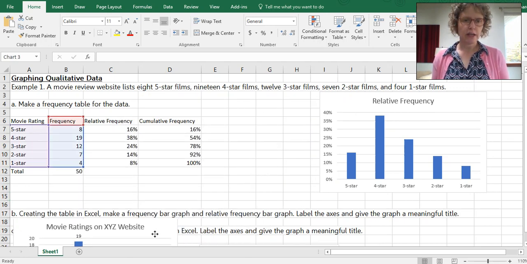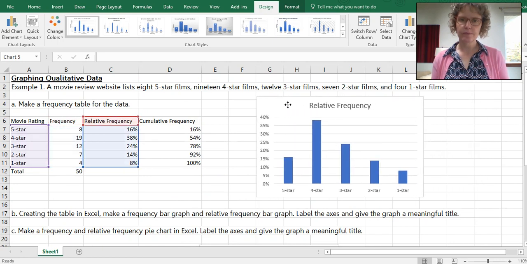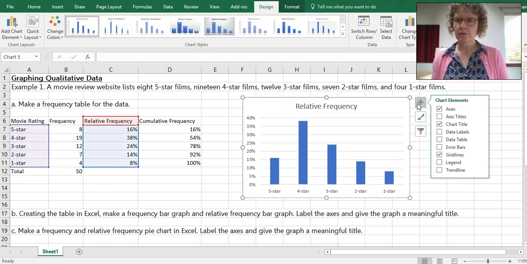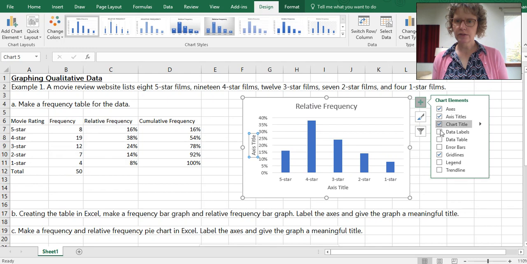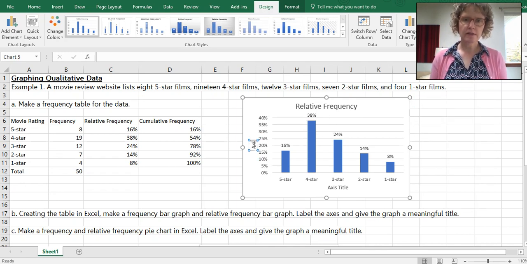So I would just want to edit this one a little bit. I want to add the axis titles, and I'm going to add the data labels too. And then now we can change this vertical label to relative frequency.